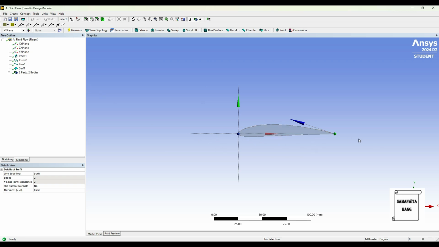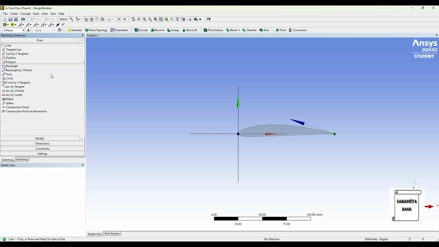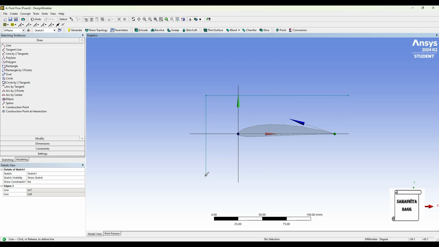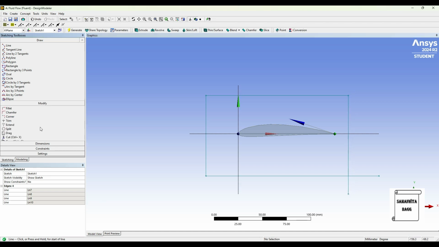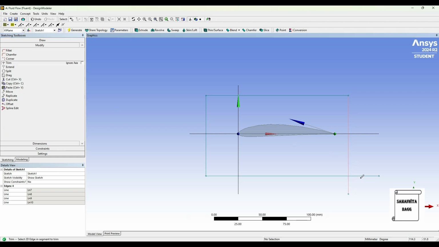Now once you have created the airfoil, you will have to go to sketching, choose line option and draw a bounding box. Next I'll go to modify and choose trim option. I'll remove these extra lines from here.